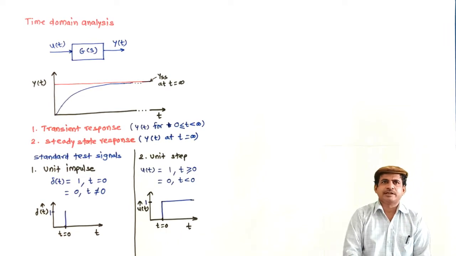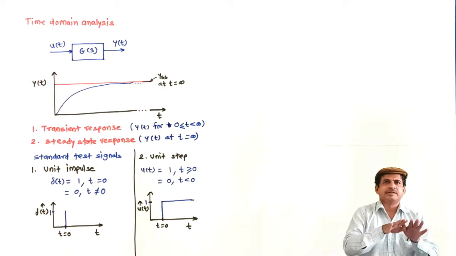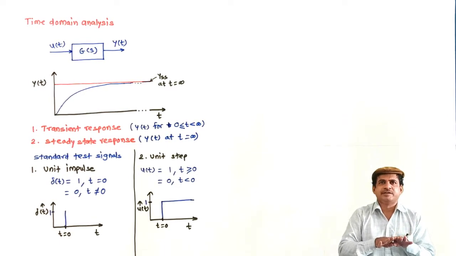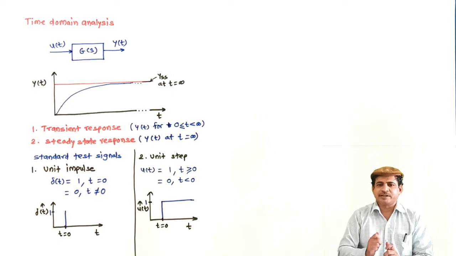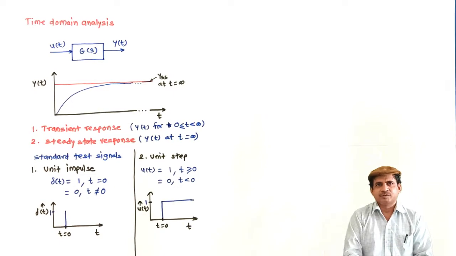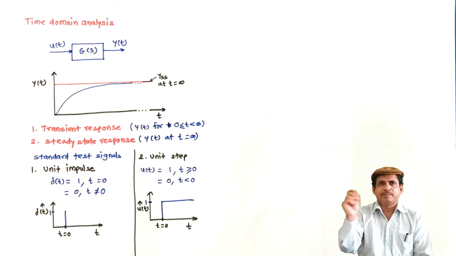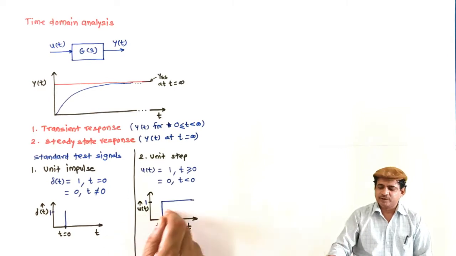For example, you can take an example like, say you have a temperature control system. Desired temperature is initially 25 degrees centigrade, and now you want to change the temperature from 25 to 50. So there is a sudden change in the set point which will be there till the end. So this is a step change from 25 to 50. So unit step means change of unit.